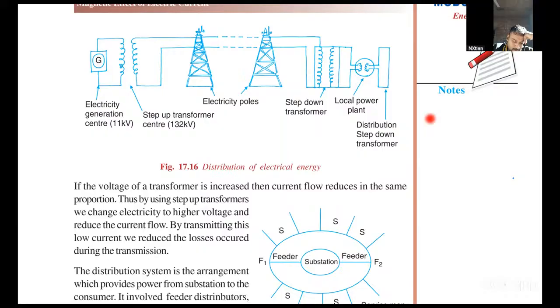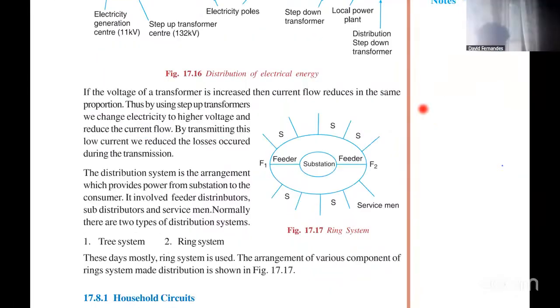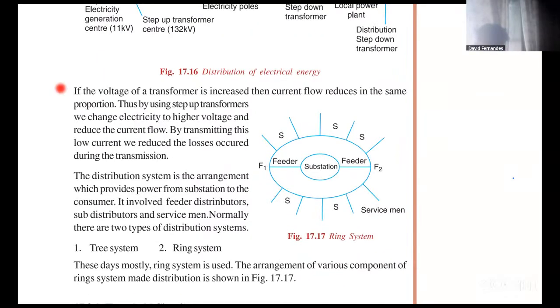Okay, now read this. If the voltage of a transformer is increased, then the current flow reduces in the same proportion. Thus, by using step-up transformers, we change electricity to higher voltage and reduce the current flow. By transmitting this low current, we reduce the losses occurring during transmission. The distribution system is the arrangement which provides power from the substation to the consumer. It involves the feeder,